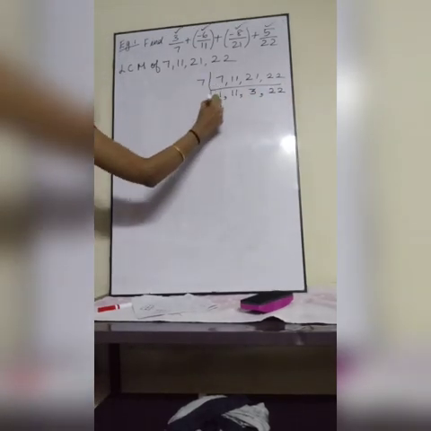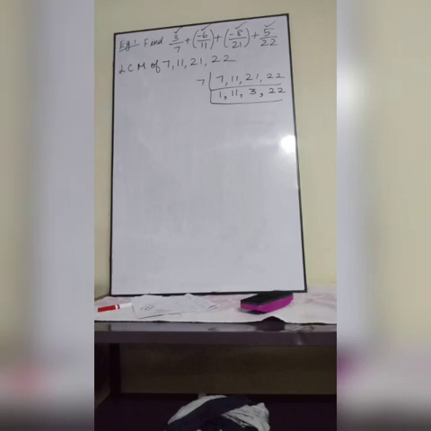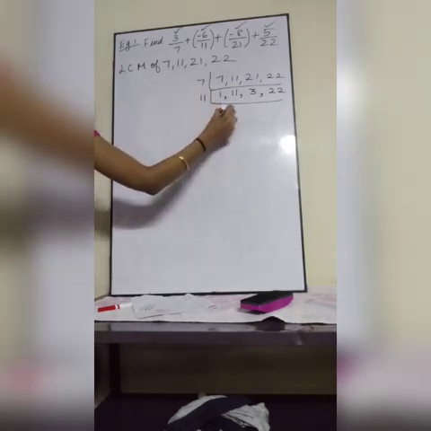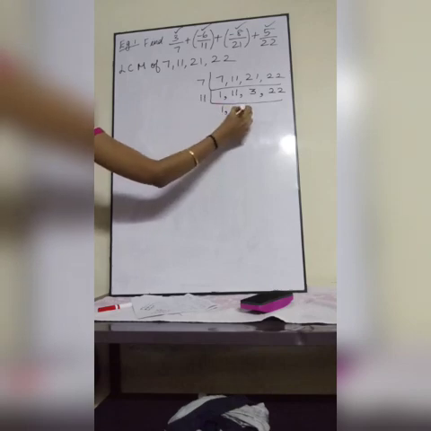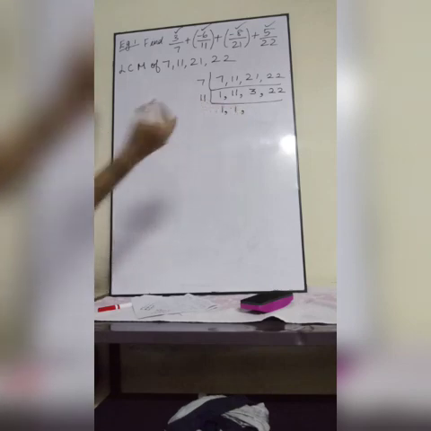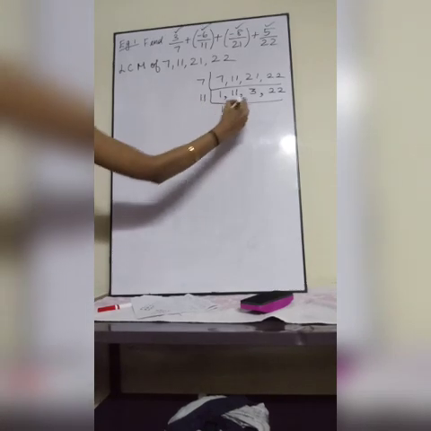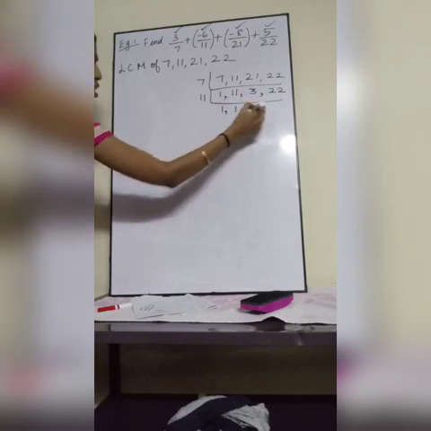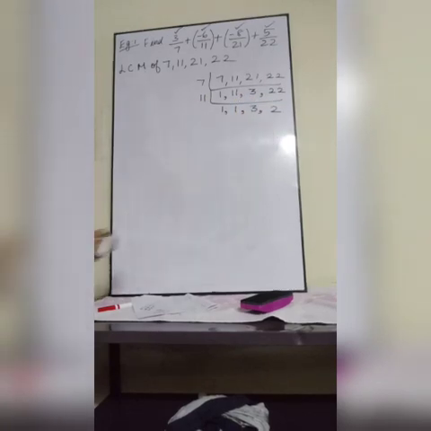Okay? Next 11 and 22 come in the 11th table. Right? 11 ones are 11, I am writing. 3 does not come in the 11th table, so I am writing 3 as such. Then 11 twos are 22. Okay, are you clear with this LCM part? Please do this LCM separately in your note and see, children. It is a very big form of calculation.